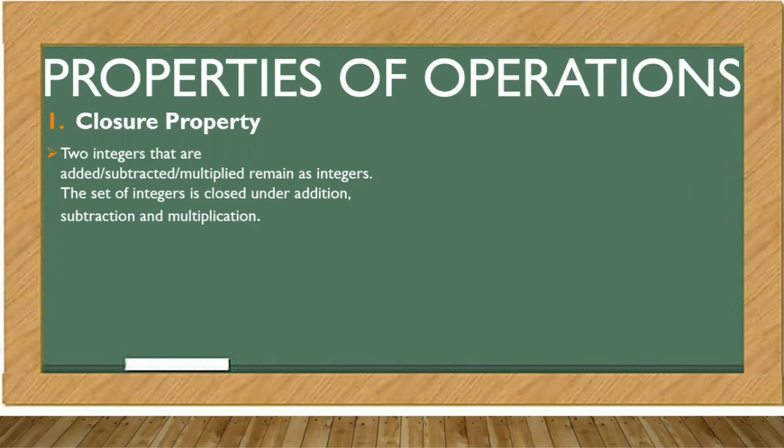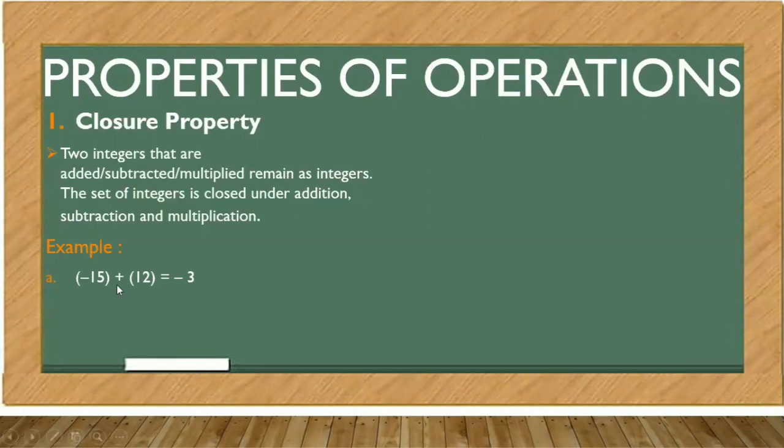So, when we say closure property, pag pinag-add natin, pinag-subtract, or pinag-multiply natin, alin man doon sa tatlo, ang magiging sagot pa rin dapat ay integers. So, ang tawag po sa kanya ay closure property. Example, we have negative 15 plus 12 is equal to, balik po tayo sa addition of integers. Negative 15 plus 12,